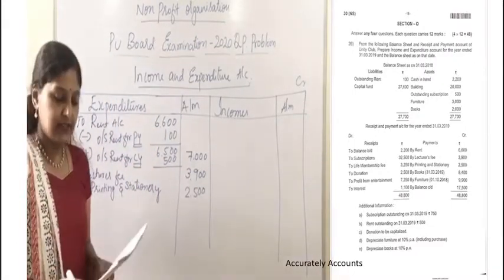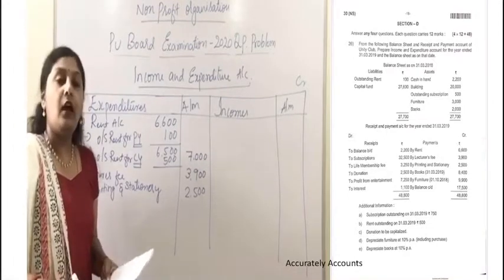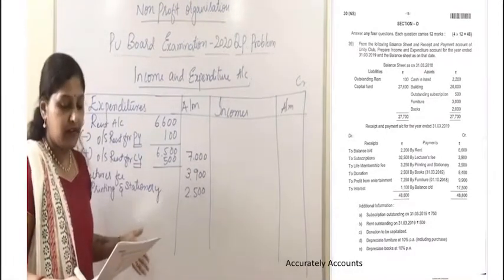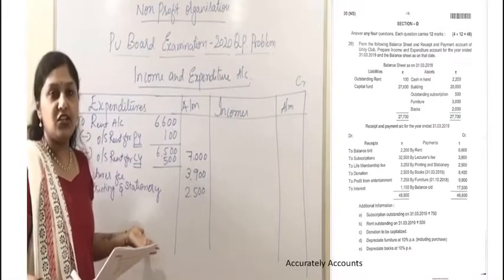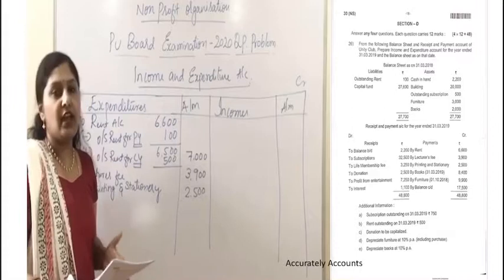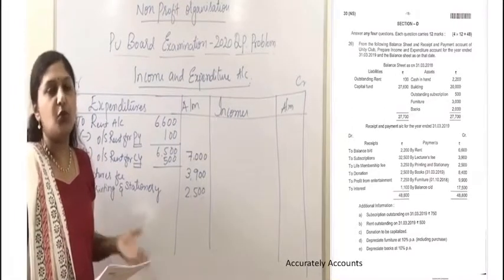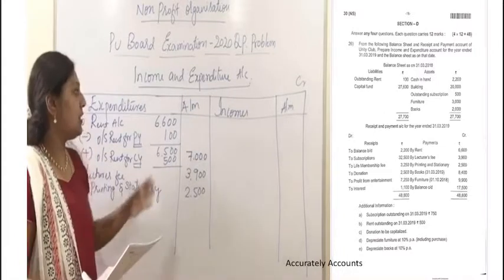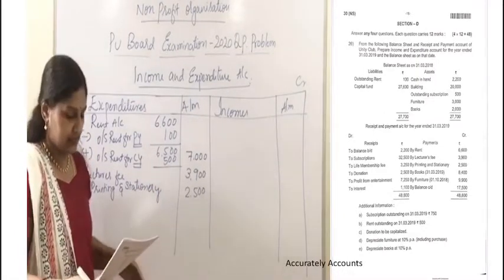So after considering these expenditures, if you refer to the problem, they haven't given many expenditures. There are 2 things, that is the expenses on purchase of books and furniture, they are capital in nature, so we need to treat them in the balance sheet. Now let us follow the adjustments. Anything to be taken below the expenditure we shall consider.